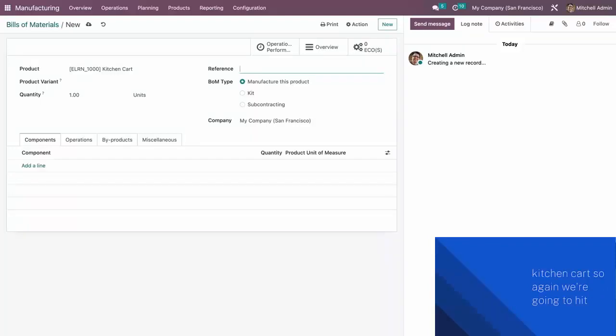Now we need a reference code here. In our case, we're just going to leave that blank though. It's mostly useful if I have multiple versions of a product. In our case, I just have the one that I'm trying to make, so we don't need that now. I also have the option, as you notice, to designate a specific product variant, but this will be the focus of another tutorial video as well. So we're also going to leave